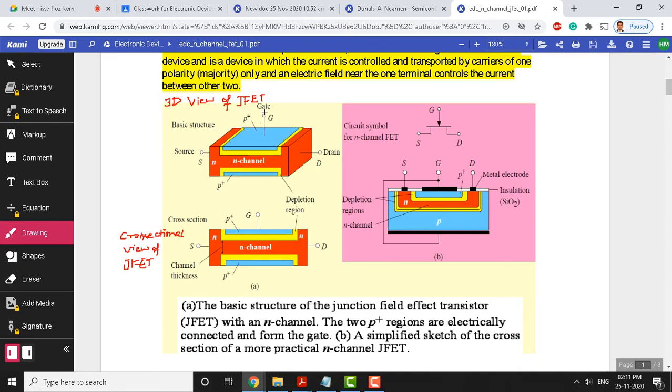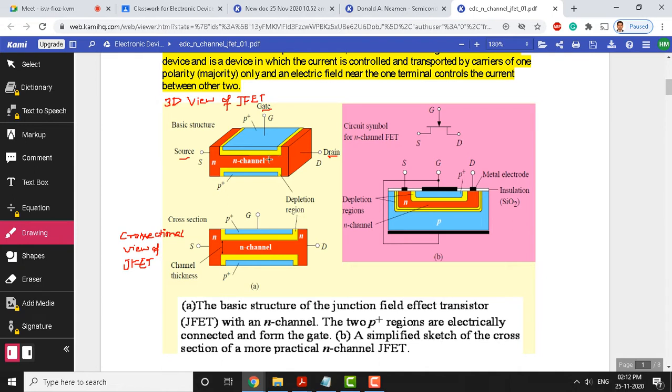You can see there, as I told you, the FET is made up of three terminals. We have a gate here, there is a source, there is a drain here. On top of this you can see a gate is attached to this region. What you see is going to be the semiconductor here. So we attach a lead here. This gate region is at the bottom. We have a gate region. These two are tied together